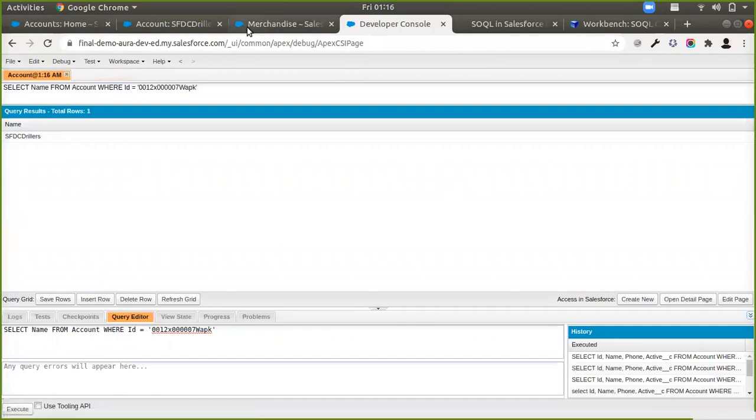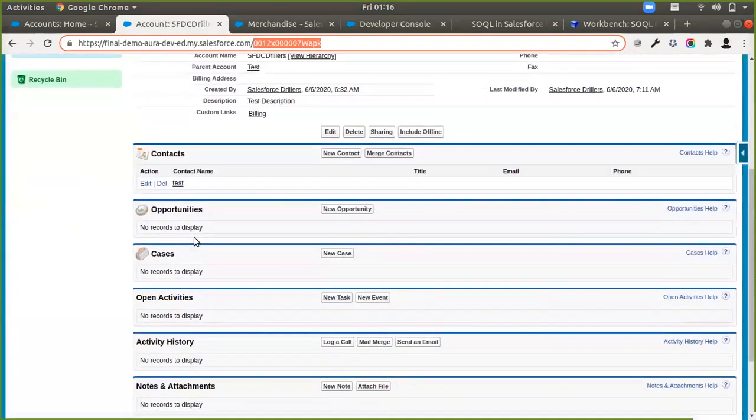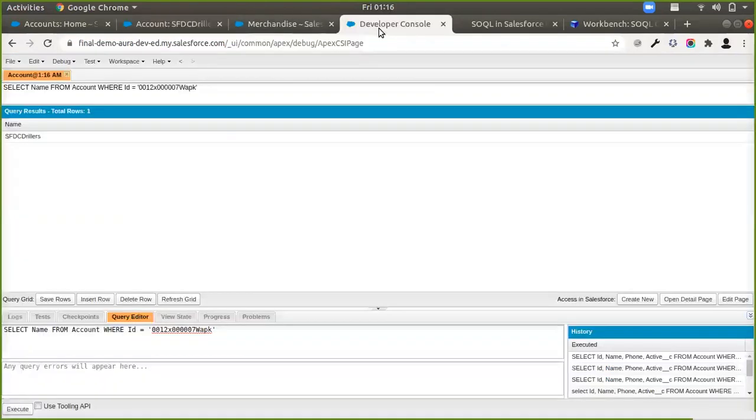Now I can also get the data of the child contacts under this account with the same query. How I do that is I'll put a comma here and I'll use an inner query, select ID, comma, first name, comma, last name from contacts, from account.